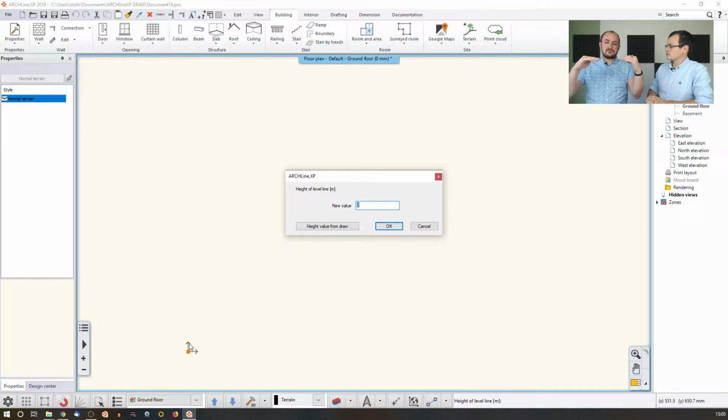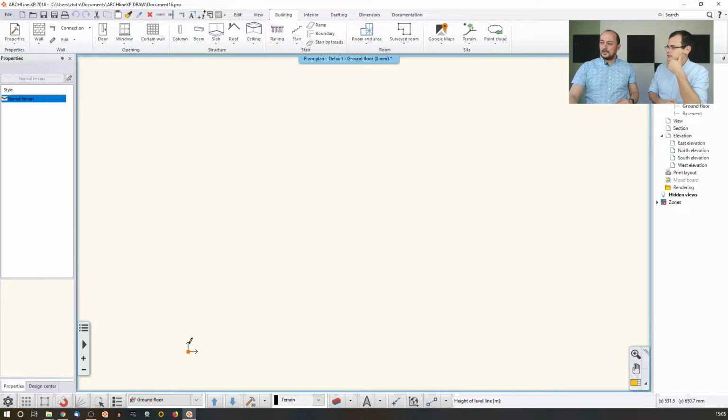Now, let's start with something simple. I will just literally create a slope, a terrain slope. So for this reason, this terrain will start at, for example, 1 meter. And then now I'm about to create the following one. And again, I can just simply click and tell where the following point is. I can use a coordinate,